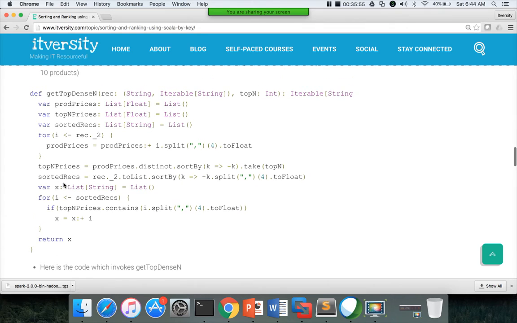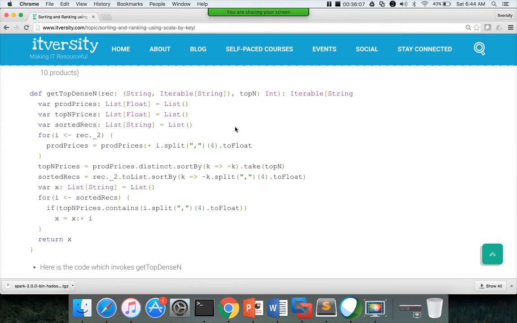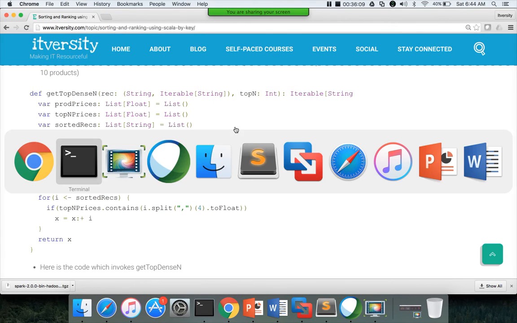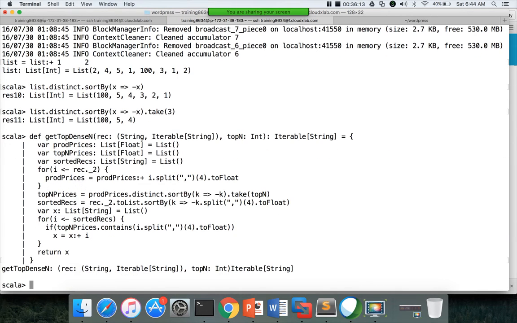Okay, so this is how you can define functions in Scala. The main thing is syntax. As long as you are a good programmer and you understand syntax, you will be able to implement the logic. And you can paste it here. Now the function is created, and if you type this function anytime, you will get the